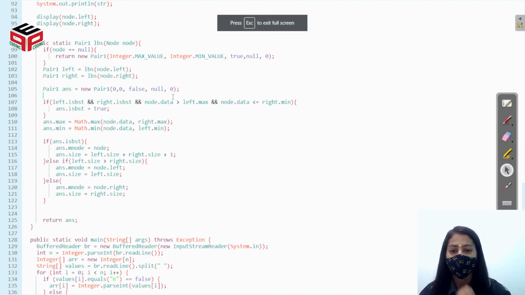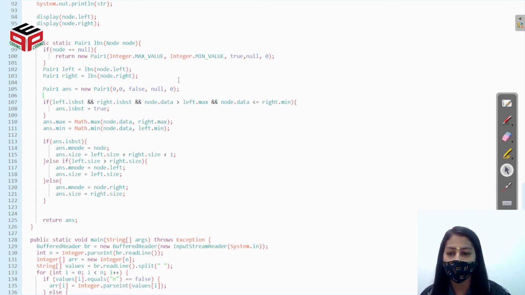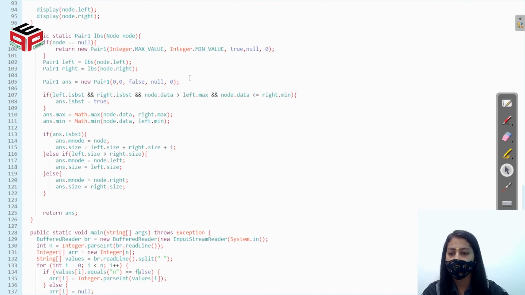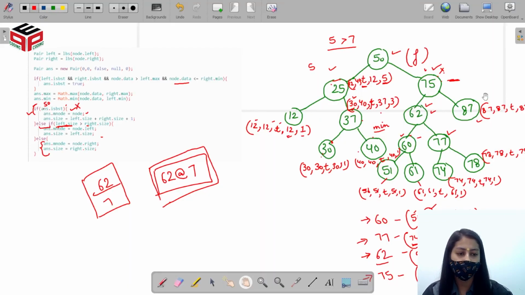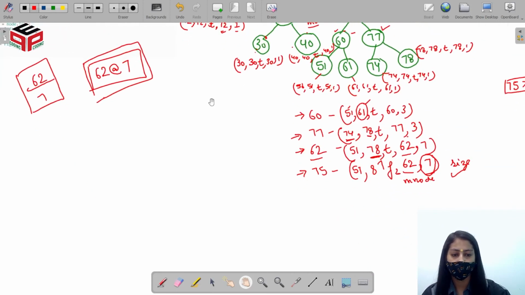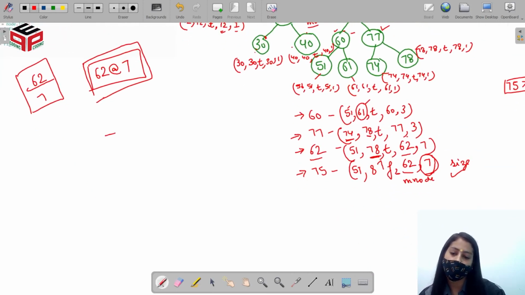Again, I recommend you to please watch the last video on finding if a tree is a BST or not. Only then can you understand this in the appropriate way, right? If we talk about the time and space complexity for this, then the time complexity will be big O of n, because we have to traverse each node to find if that node is a BST or not.